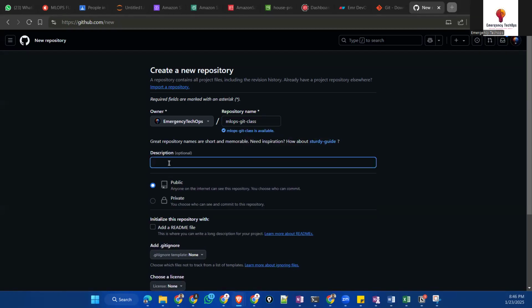And here you can give some description. Public means anyone can access this. Private means only you can access, or you provide access to somebody who can then access.